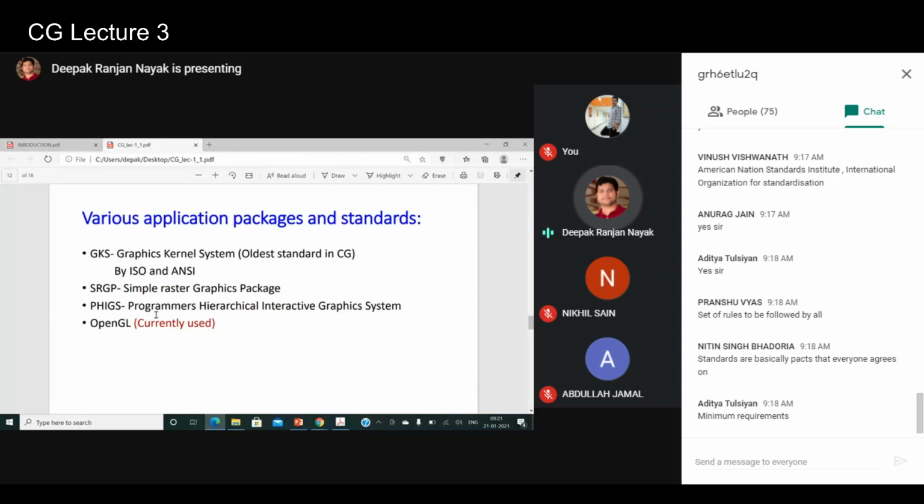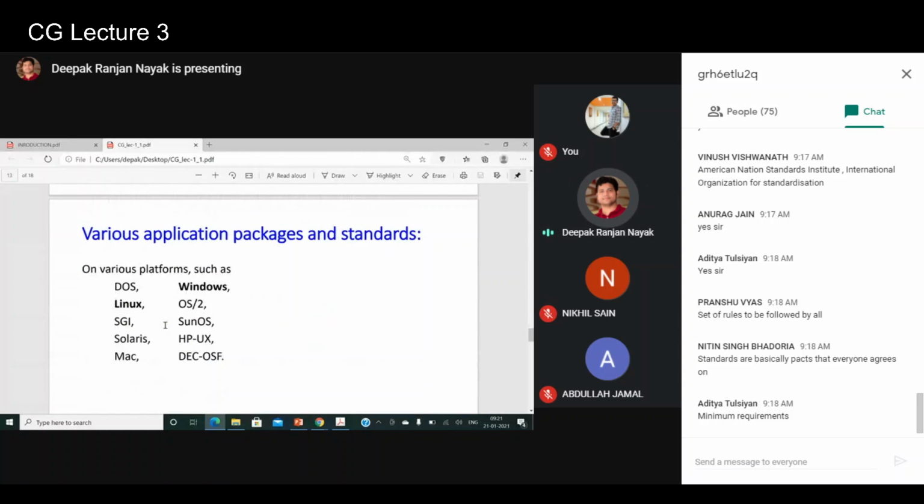These standards basically run on different platforms like DOS, Windows, Linux, Solaris, Mac, and so on. OpenGL is very well known on platforms like Windows and Linux. It can run on Windows, and it can run on Linux. You'll see later what OpenGL is and how to use this graphics library to draw lines and all these primitives. Whatever we know, we'll see later on.